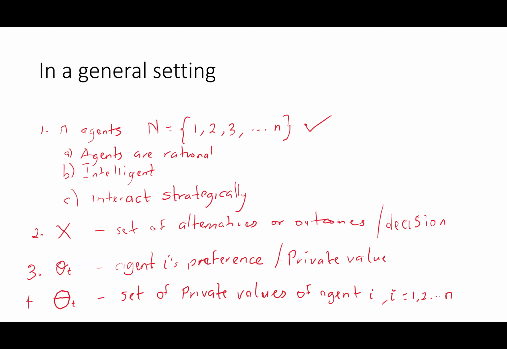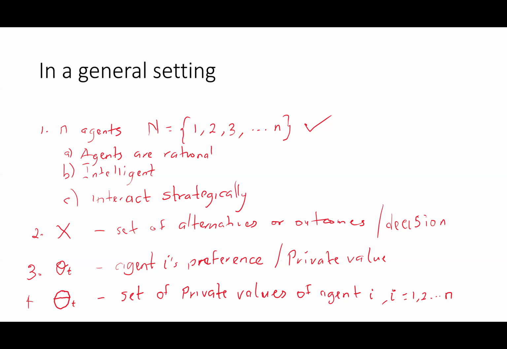So let me use the case of somebody who is selecting a school. So you finish writing your BECE and you are selecting a school. So you have your preferences, right? You have your first choice, your second choice, your third choice, and so on. So this is the set of private values of the agent, right? And then at each point in time, there is one out of the lot that you prefer most.